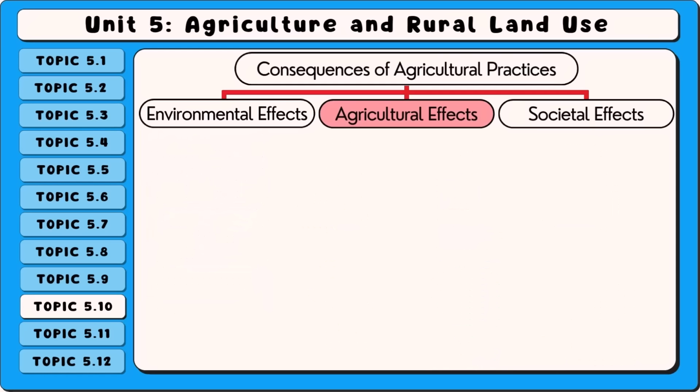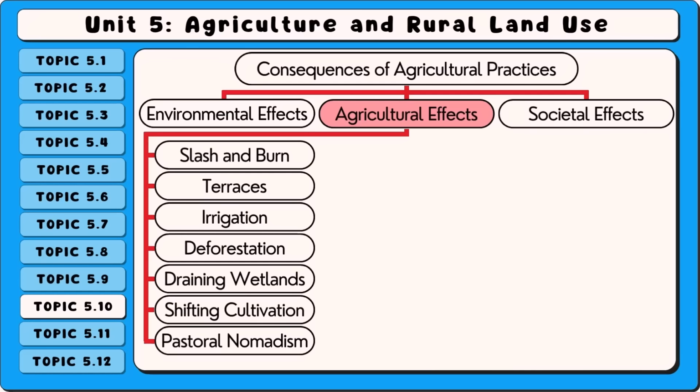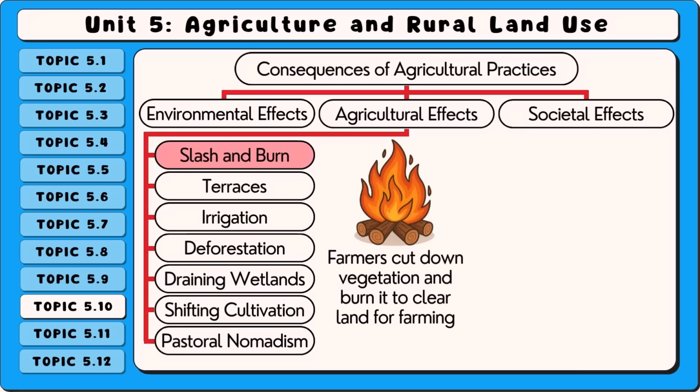Okay, now let's pivot to the direct effects of agricultural activities on the landscape. In this section, we'll explore the following types of landscape modification: slash and burn, terraces, irrigation, deforestation, draining wetlands, shifting cultivation, and pastoral nomadism. First, slash and burn is a method where farmers cut down vegetation and burn it to